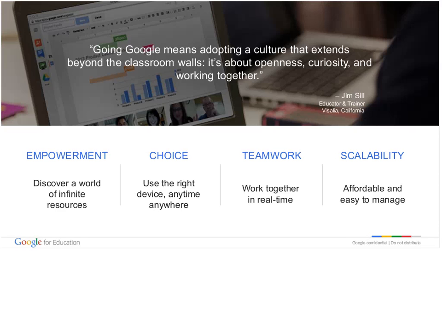So we divide this into 4 big categories. How do we empower folks to be able to get at this world of resources on the web? How do we make sure that they have a choice so that all of these things work on those devices? And then how do we make sure that we build into everything this idea of teamwork, the idea of collaboration? How do we make it super simple so that if you have a document that you're working on, other people can look at the document and participate or comment on it, make suggestions, those kinds of things.